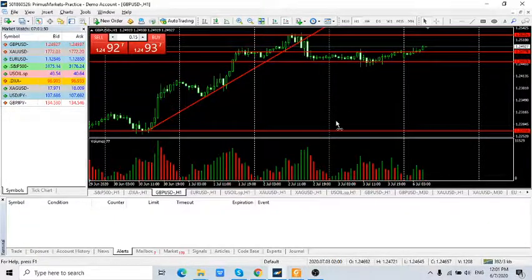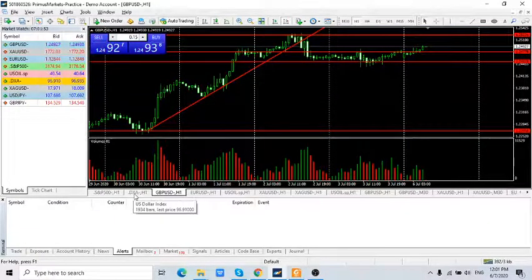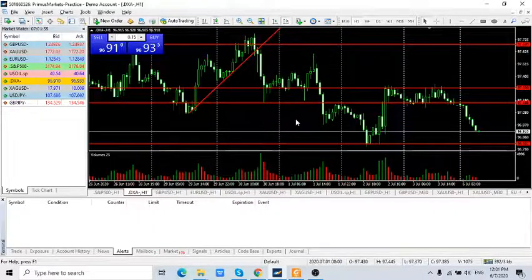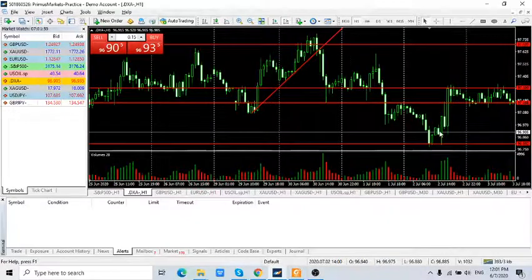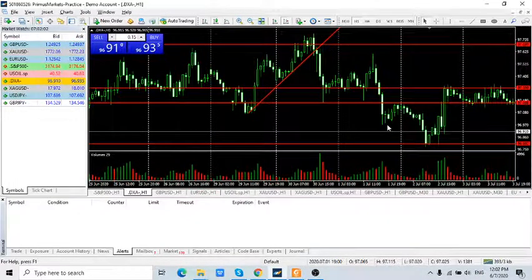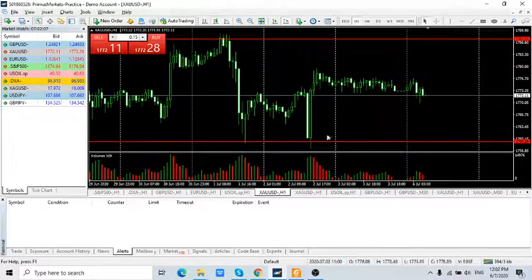In other words, the volatility for the moment for the euro dollar is higher than that of the UK pound. The main message I want you to understand from this is that last Friday the US markets were closed, and you can see that the prices of the US dollar, of currencies, and even of gold were mostly subdued.